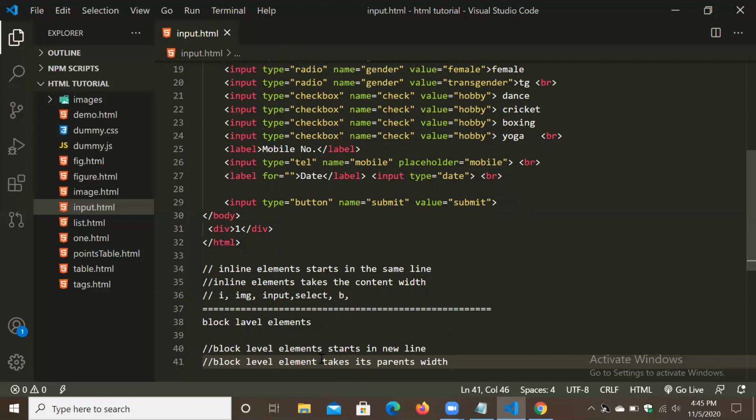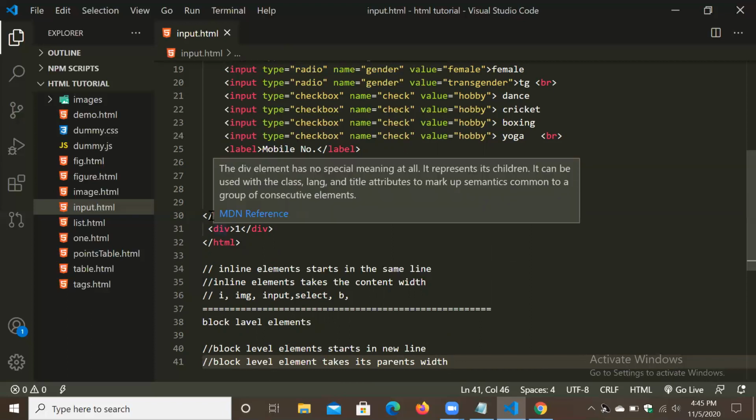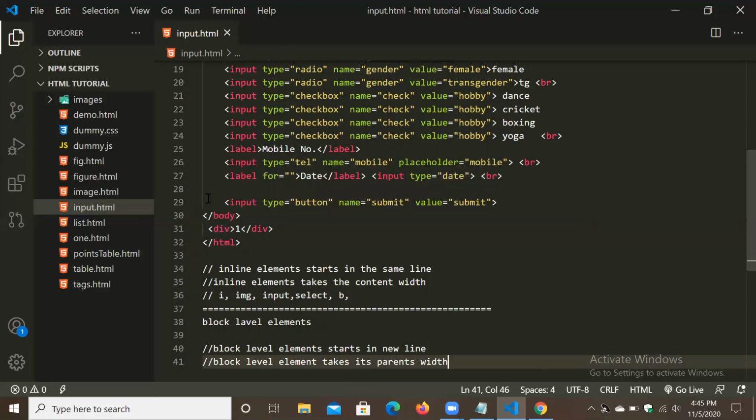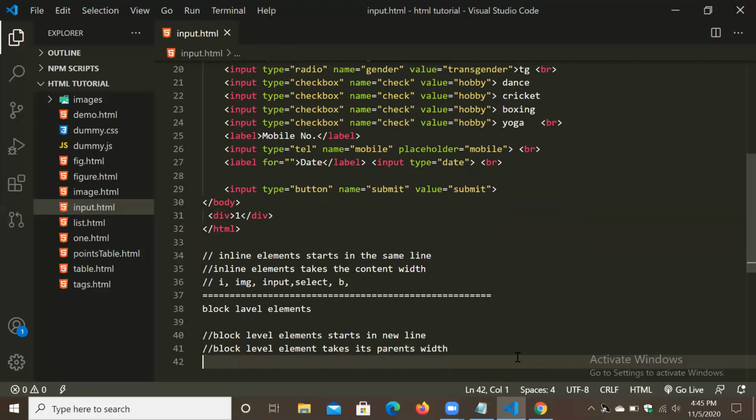If you take a div tag, who is the parent of div? Body, because it is within the body tag. So here the div tag in HTML, who is the father element? HTML. So it will take the width of HTML. Okay, like this.